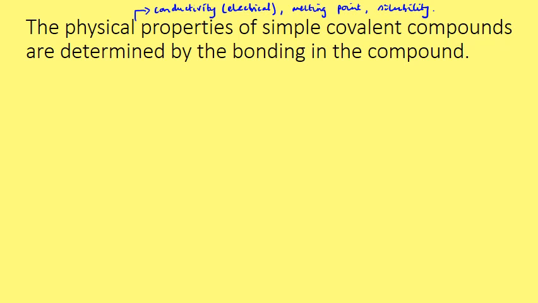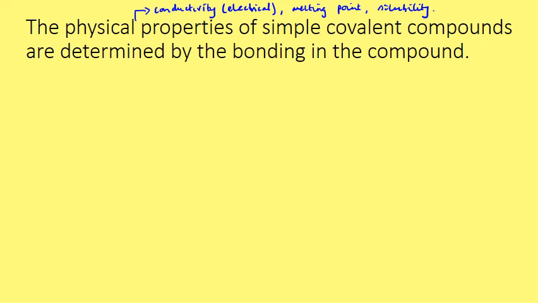And what we can say about electrical conductivity is that simple covalent molecules don't conduct electricity. For electricity to be conducted, you need charged particles, electrons, either delocalized electrons as with metals, or electrons that are in abundance on anions as in ions. But in simple molecules we have no charged particles, and so we can't carry any charge, so there's no conductivity